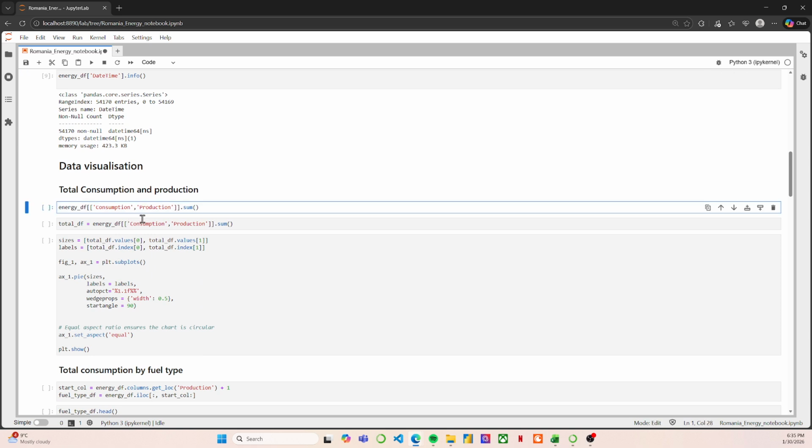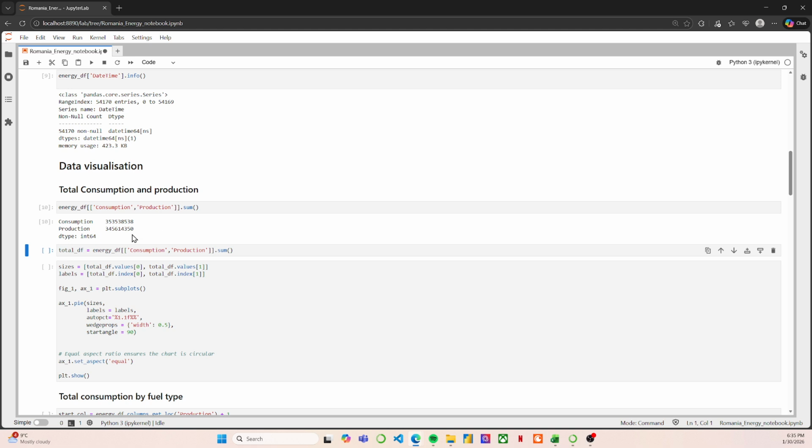Okay, so straight on, we're just going to quickly explore the data and see what our numbers are. All right, so let's see what the total consumption and production are for the period of 2019 to early 2025. And that's this right here. That's 353 million megawatts, which is about